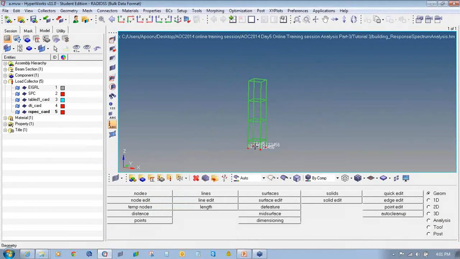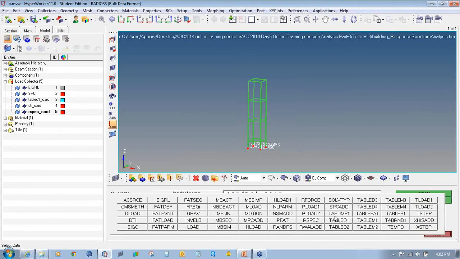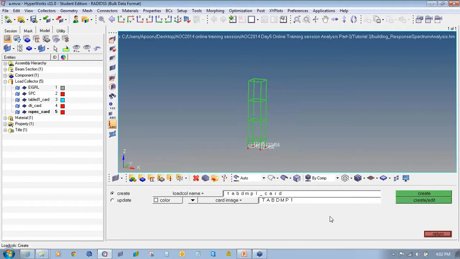Then we will define the modal damping for the structure. So again we will go to the load collector panel. Enter the load collector name as TABDMPL card. Select the card image as TABDMP1 and click on create edit.